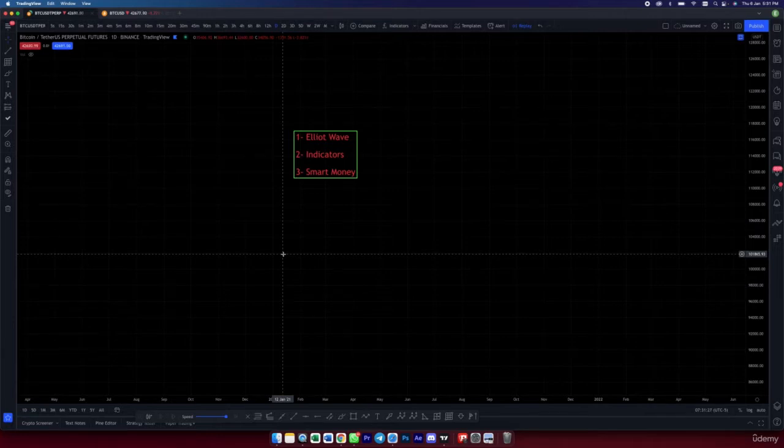indicators, the couple of indicators that we would like to add with Elliott wave just to add further confirmation to our trade. Those indicators were RSI, relative strength index, and MACD, moving average convergence and divergence. In this lecture, we'll discuss the third and final component of our strategy, that is the smart money